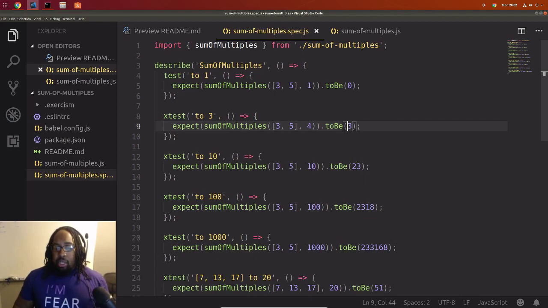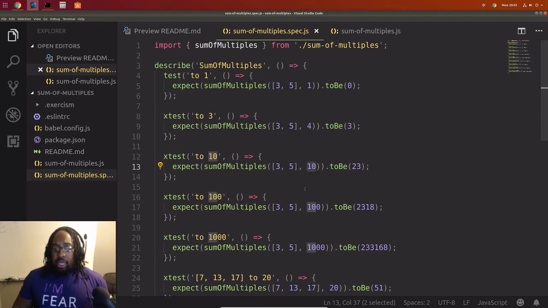Same thing here. Everything up to 10 that's a multiple of 3 or 5, what would that be? That would be 3, that would be 5, that would be 6, that would be 9, and that would not be 10.